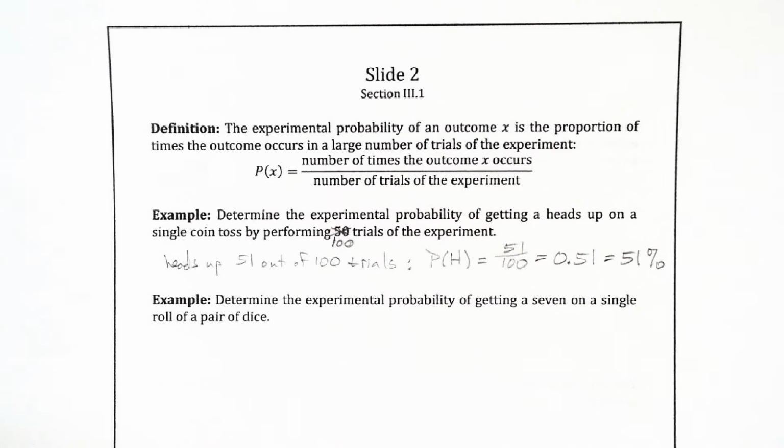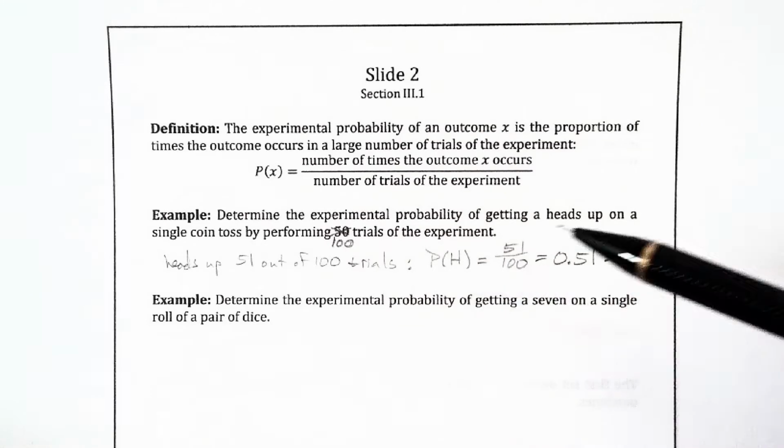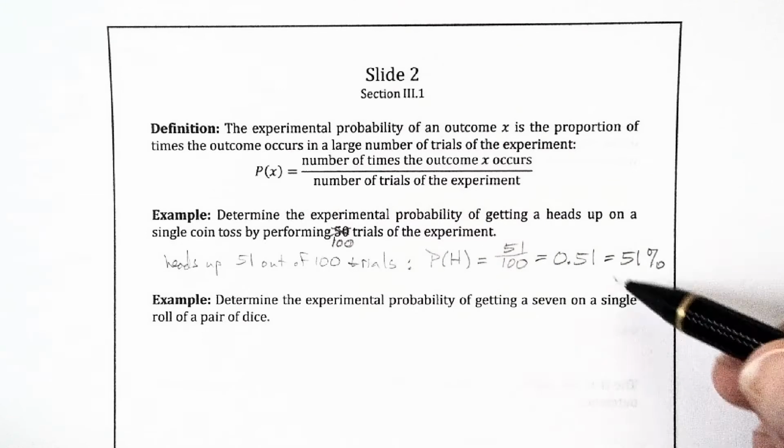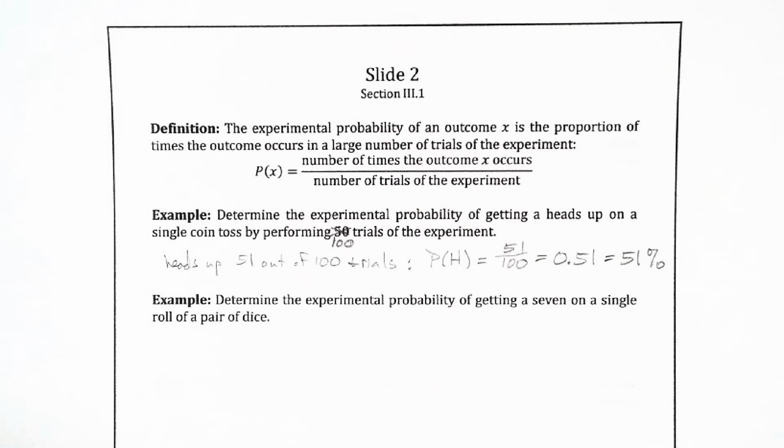Typically, the more trials you perform of the experiment, the closer the experimental probability will approach some fixed ratio. Here what it approaches is the theoretical expectation, which is that it's 50-50, heads or tails. And if they had done this 1,000 times or 1,000,000 times, then they would probably be much closer than this. So, as you perform more trials, sometimes it gets further from what you expect, sometimes it gets closer. But in the long run, the more times you perform the experiment, the closer you're going to get to that